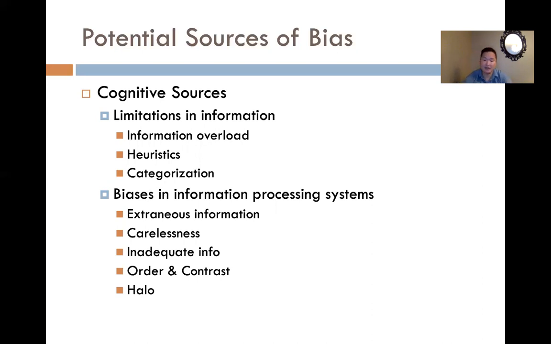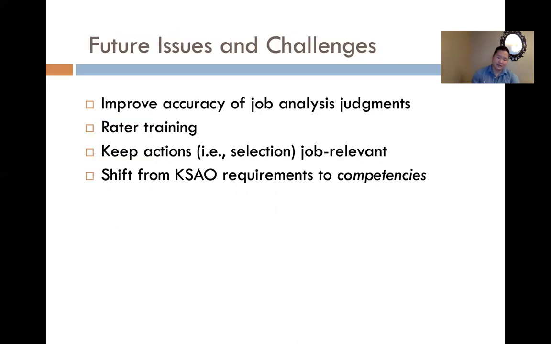And the other one is halo error. And this is important, where somebody might spend very little of their time doing one thing that's very important, and that thing overshadows their impression of their job. And they could give that information as the most important, time-consuming thing, even when it may not be. So those are some of the small grab bag things.